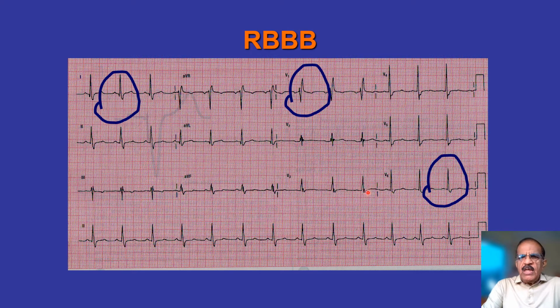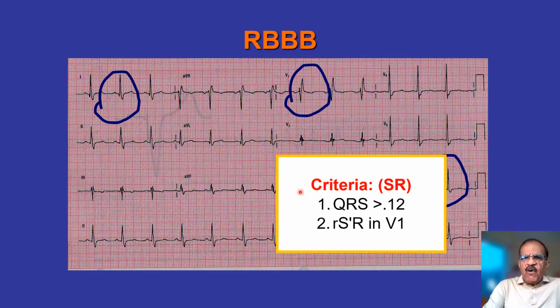So this should lead to the diagnosis of right bundle branch block. Okay, so we have met the criteria. Now what are the criteria? I'll just show you. First of all, make sure the rhythm is sinus, right? Sinus rhythm, as I said, any supraventricular rhythm would actually behave the same way,